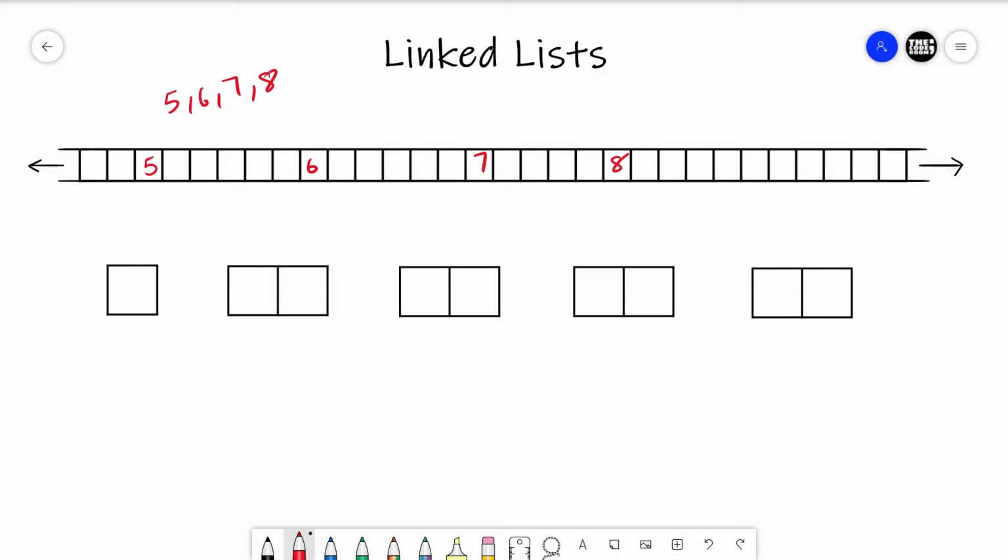So we use a data structure called a linked list. In a linked list, we store data in small blocks. These blocks are called nodes. And each node has two parts. The first part is the data part or the key part. The second part is the link part or the address part. In the first part, we store the data. In the second part, we store the address of the next node.